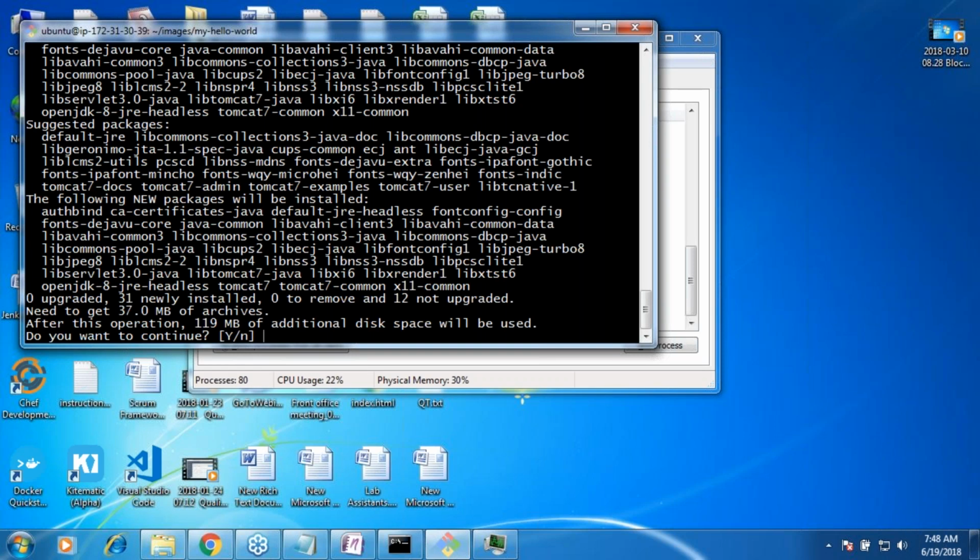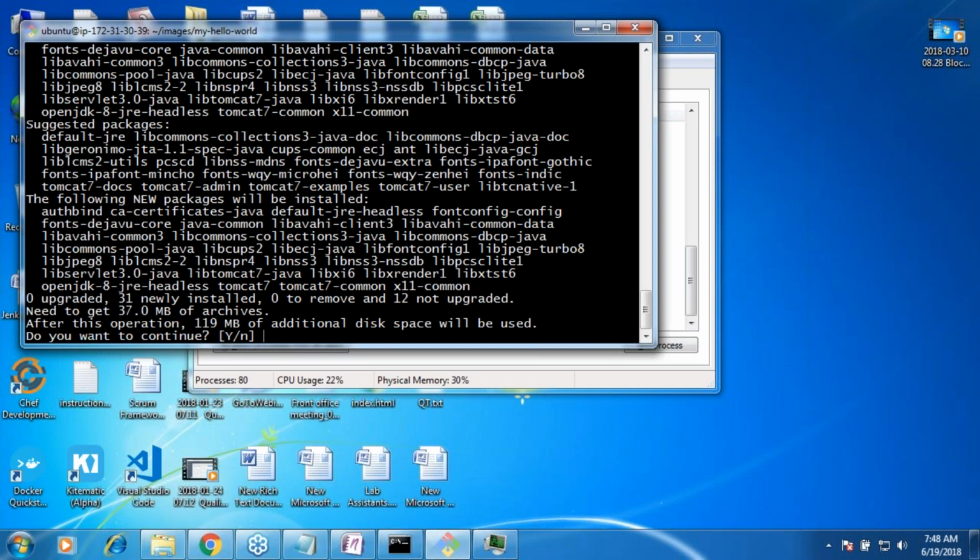Are you seeing this? It has asked me whether I want to continue. If I had written the same statement in RUN saying sudo apt-get install tomcat7, my image creation would fail because it is asking for user input. So to avoid this, the Linux way is to write something like sudo apt-get install tomcat7 -y. That's the whole point. You will be writing very basic commands, that is for sure, and the other thing you need to take care of is that they should not ask for user inputs. As long as you take care of these two things, you can write a Dockerfile for any image.